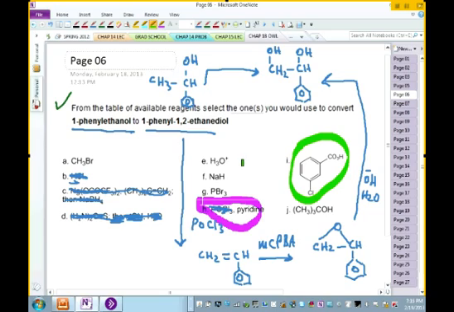Do we have hydroxide? Or in this case, we could actually use dilute acid. I think they're using dilute acid here. Yeah, I think we are using dilute acid. That's what they use. Now, you could use hydroxide or dilute acid to open up your epoxide, okay? And that's what you get here. Okay, let's go to the next one.